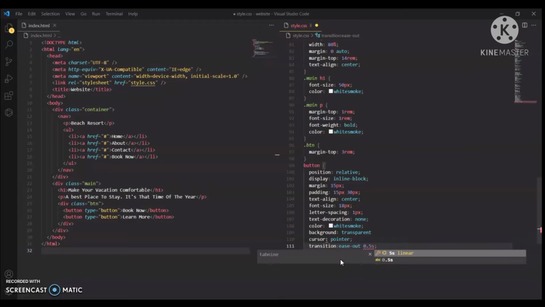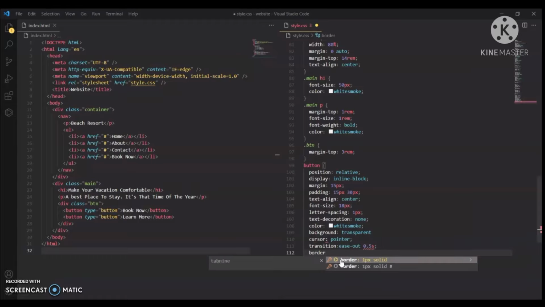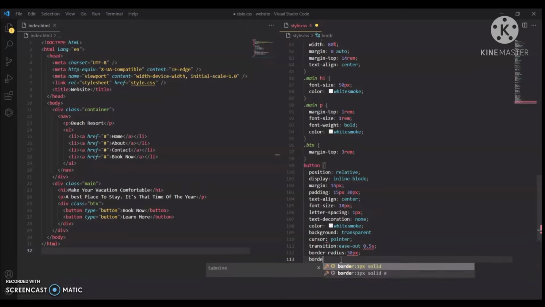It will delay the transition with 0.5 seconds. Border radius will generate the curves.